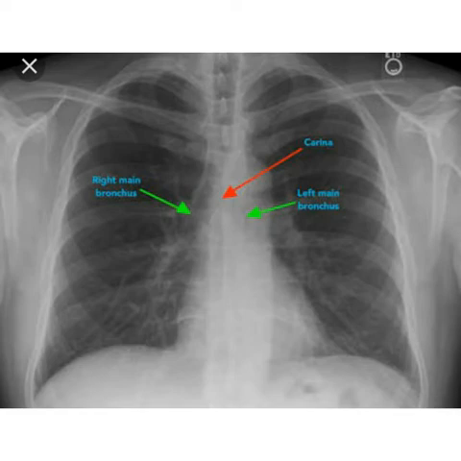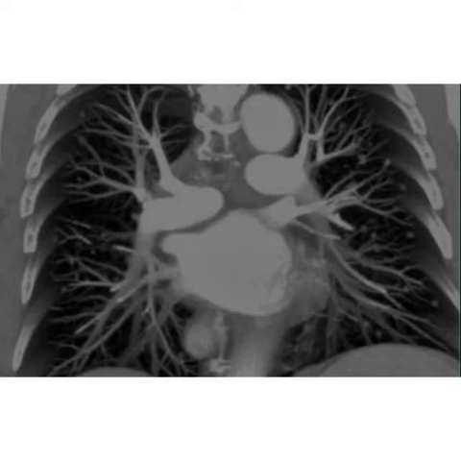The right main bronchus is generally wider, shorter, and more vertically oriented than the horizontally oriented, longer left main bronchus. As a result, it is more common for inhaled foreign objects to become lodged in the right side bronchial tree, as the route is more direct. Depending on the quality of the CXR, you may be able to see the main bronchi branching into further subdivisions of bronchi.